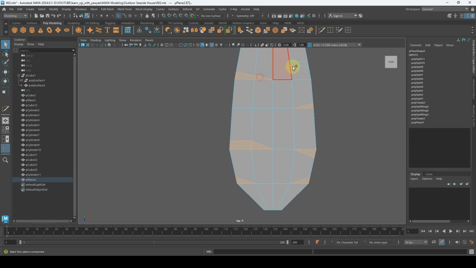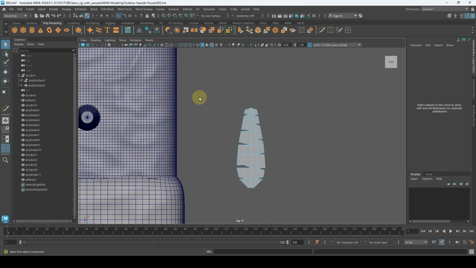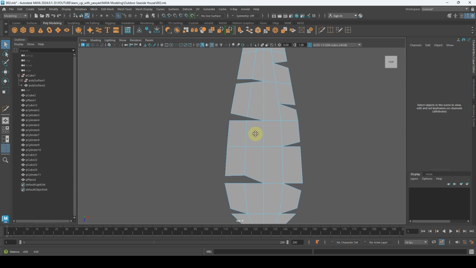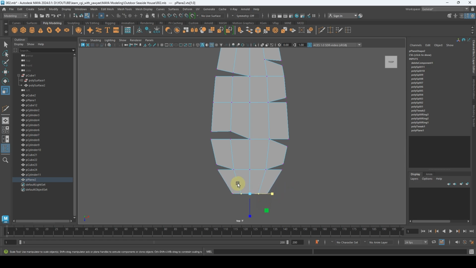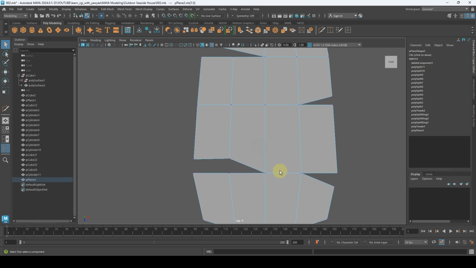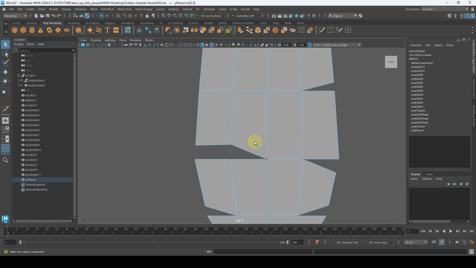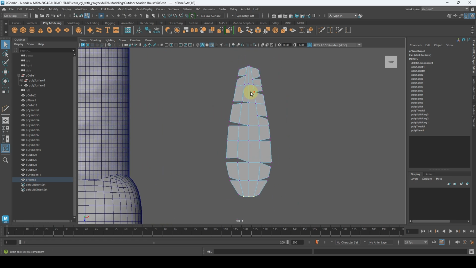Okay, select these. Hold Shift key. Select the ones that we cut and delete. Okay, we got ourselves something nice and cute, stylized. Okay, we have to be more careful about this, like these might cause us problems, but we'll see how it goes. So now let's select the middle line,